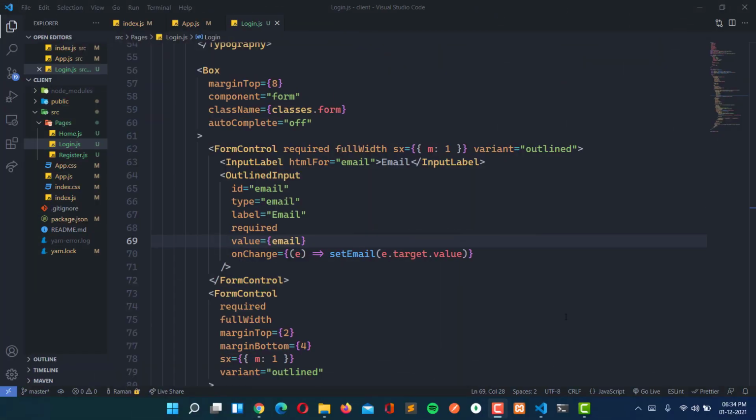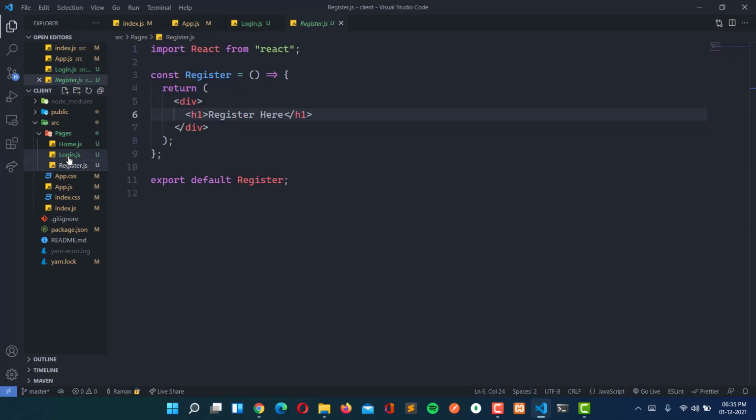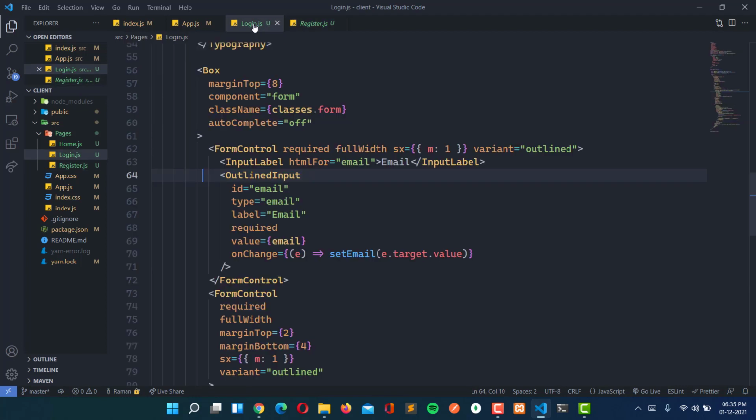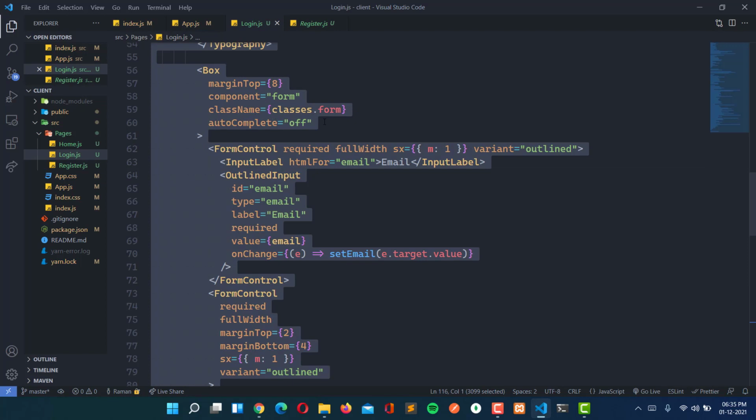So this is our coding section, as we were working with the login page here. Now we will move to the register component. This register component will be the same as our login component. So see that just this thing is there. What I'm going to do is copy all of this from the login component and paste it into the register component.